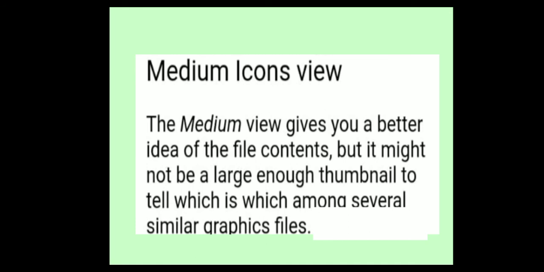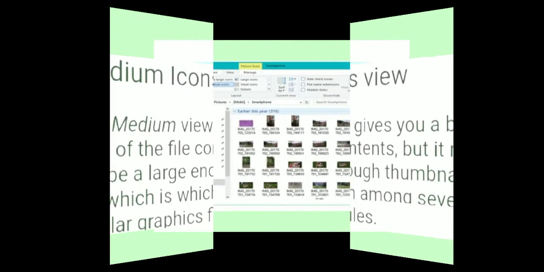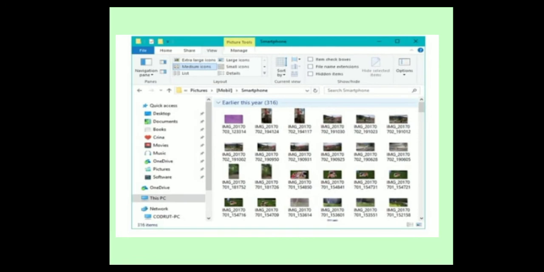Here is the figure of medium icons view. When you select the medium icon view, your file or folder is shown just like this figure.